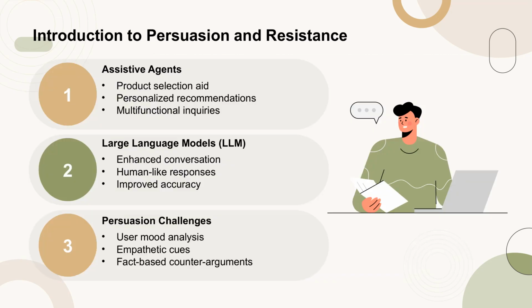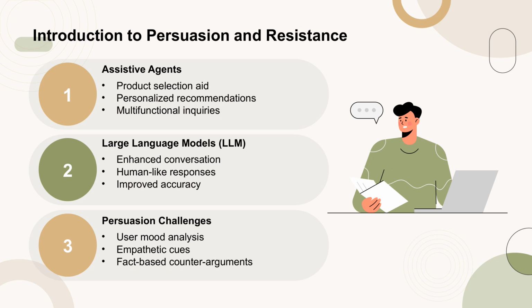The introduction of this paper highlights the role of assistive agents in various customer service functions, such as aiding in product selection and personalized recommendations. These advancements are largely due to the progress in large language models, LLMs, which have significantly improved the accuracy and human-like quality of responses compared to traditional chat agents. However, achieving successful persuasion in conversations requires more than just human-like responses. It involves continuous analysis of the user's mood and resistance, along with the use of empathetic cues and fact-based counterarguments